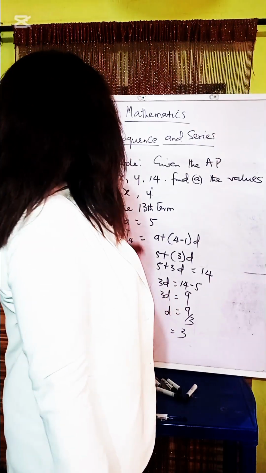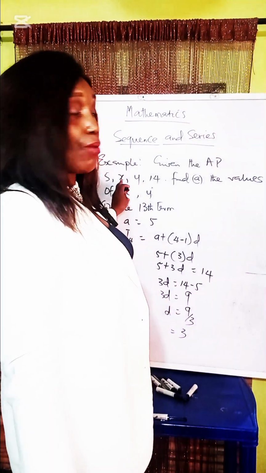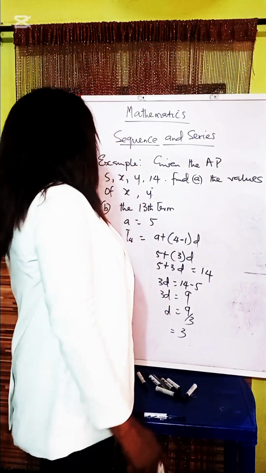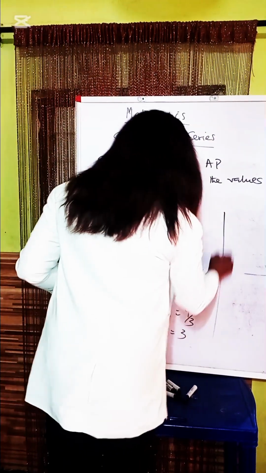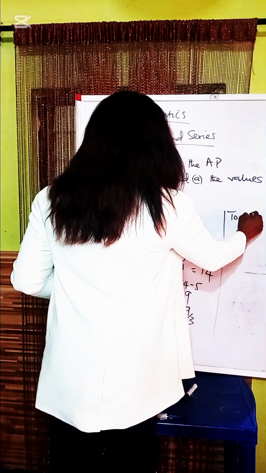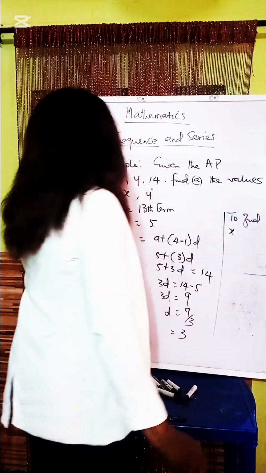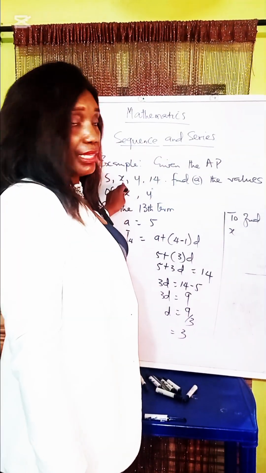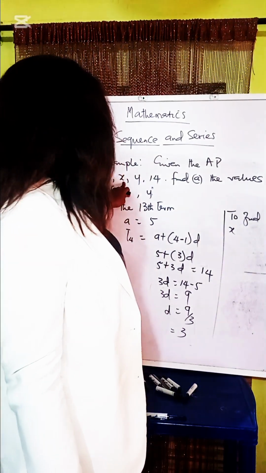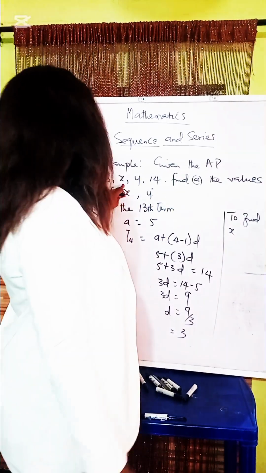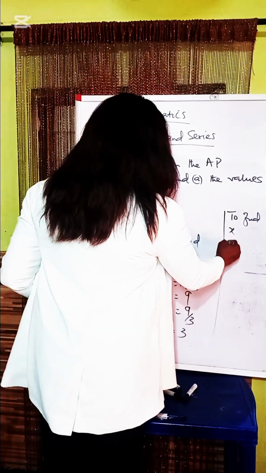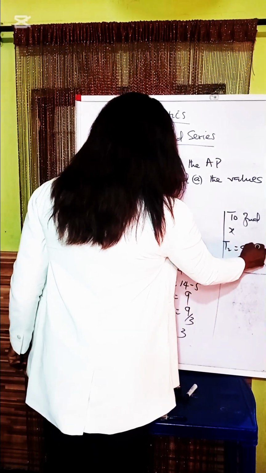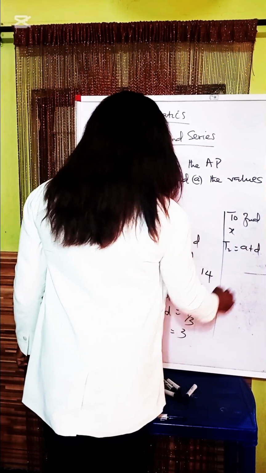From that common difference, we are now going to find our second term, which is X. So to find X, which falls in the second place, I will now say that T2 is equal to A plus D. T2 is equal to A